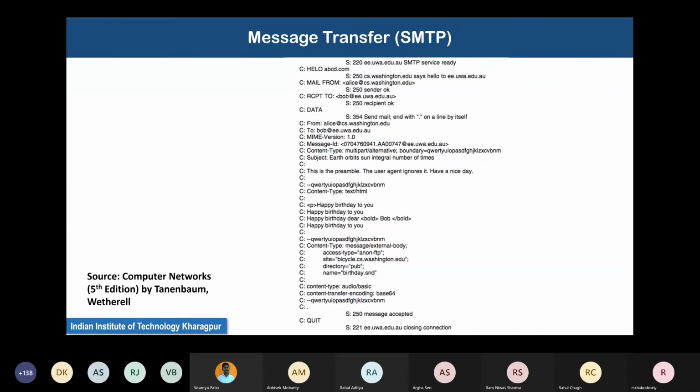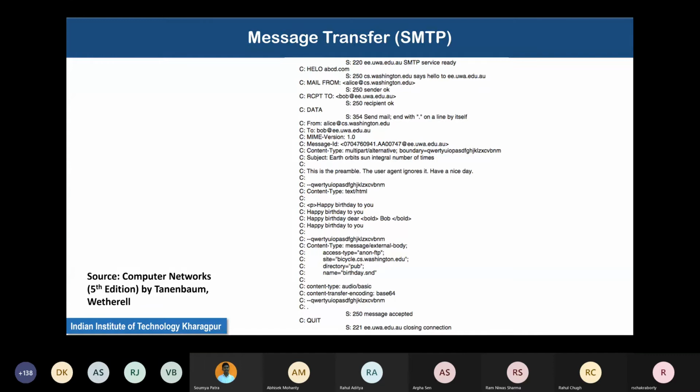This is an example of an SMTP session. The C lines are the commands written by the client, and S are the replies it received from the server. There are some commands like hello. When the server receives a request, it replies that yes, that hello has been received. It replies with another hello, the server.